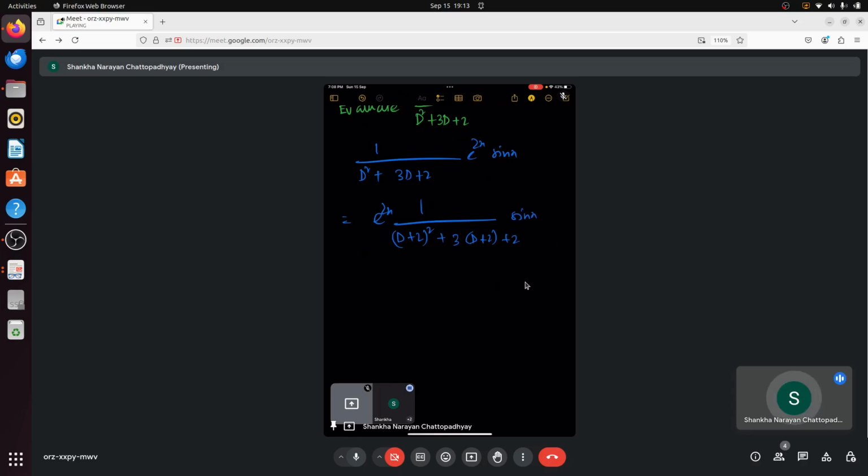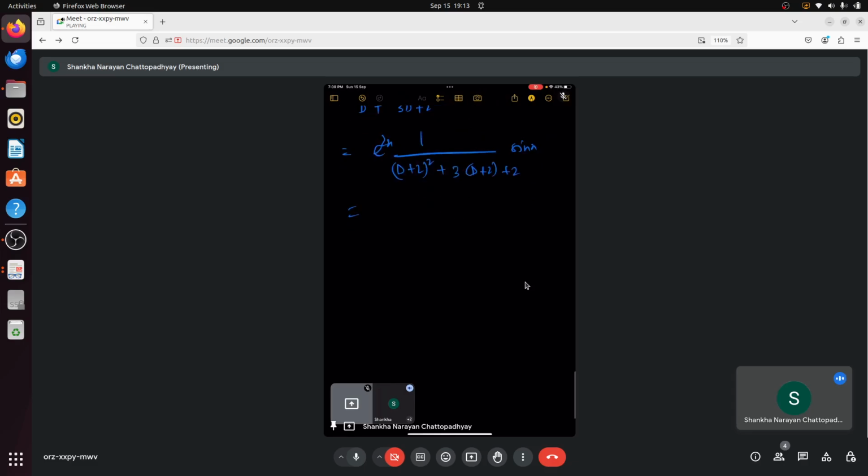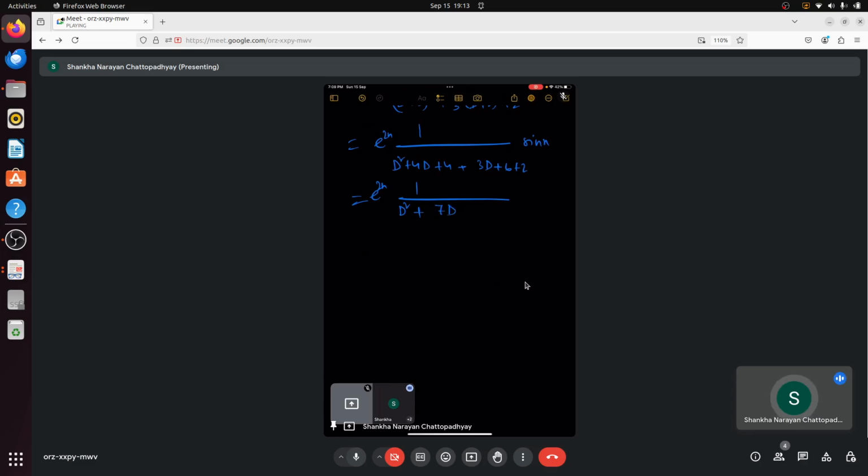Then it is applied on sin x. So this is e to the power 2x, that will be D squared plus 4D plus 4, plus 3D plus 6, plus 2, sin x, e to the power 2x. Next you need D squared plus 4D plus 7D plus 12, sorry,